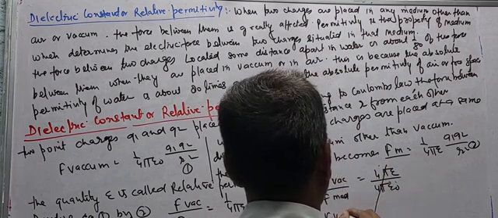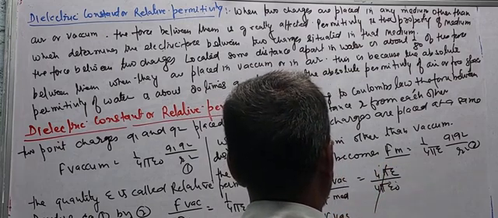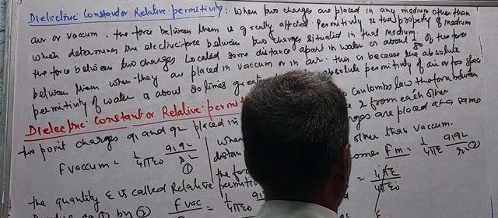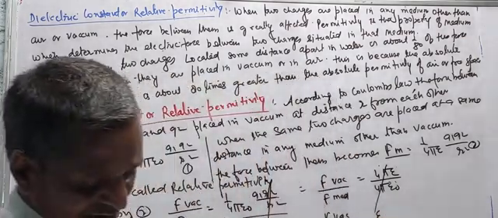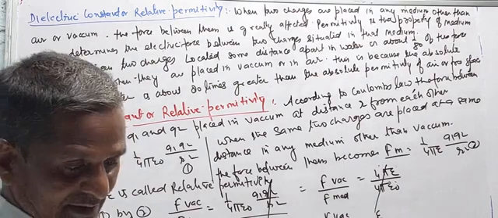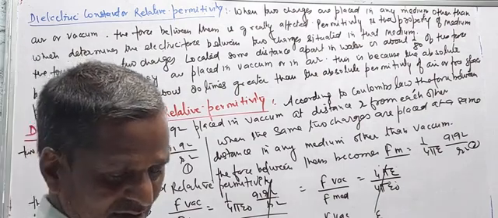It means F vacuum upon F medium equals epsilon upon epsilon naught, where